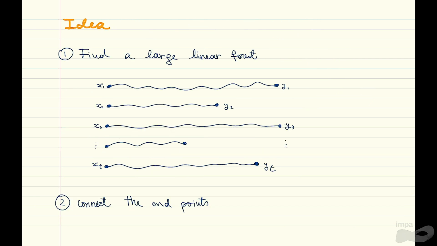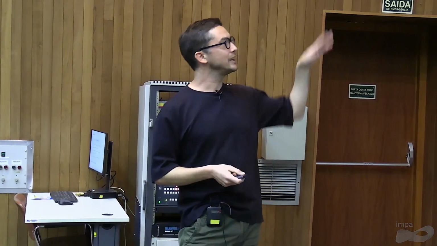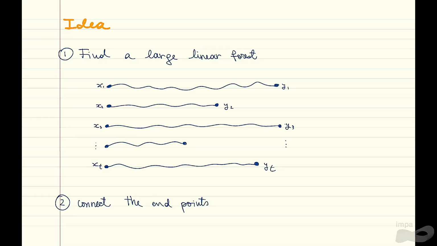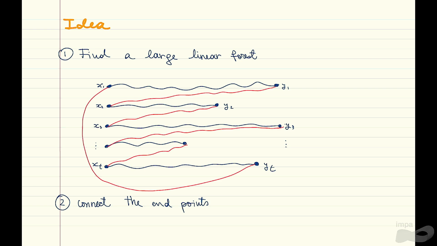One of the main ideas when we try to find Hamilton cycles is the following. The first step is to find a very large linear forest, maybe covering almost every vertex. Here we have, let's say, t paths. They might have different lengths, I don't know. The second step is to try to connect the endpoints of these paths, maybe using all the leftover vertices at the same time. So maybe what we want to do is to find paths like this in red to close these paths into a Hamilton cycle. This is roughly an idea which is very